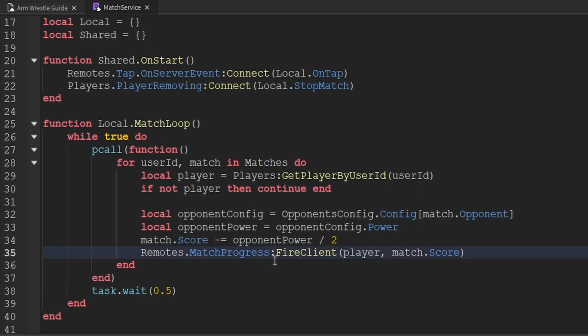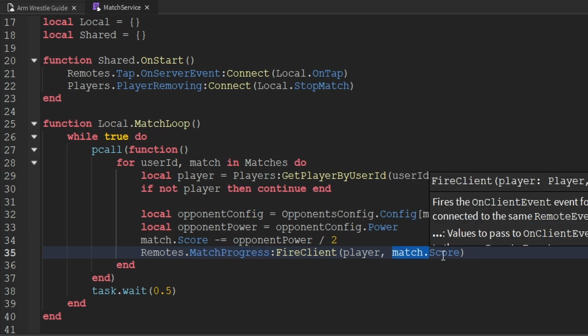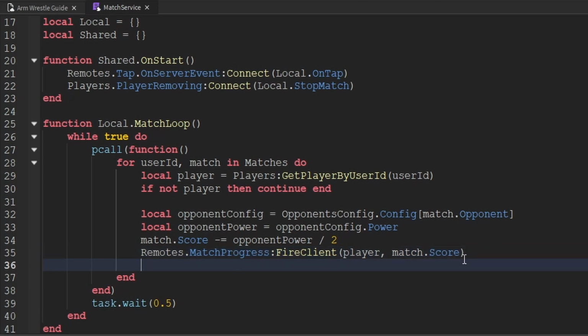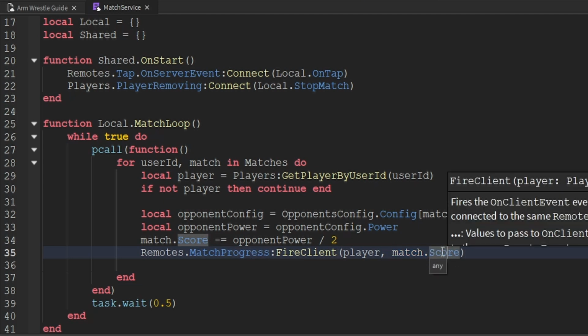Now, if you're like me, you might be thinking, oh, why are you firing off this remote event? Why are you communicating them the match score? Like, couldn't we just calculate this stuff on the client? And yes, we could calculate it on the client. You totally can do that. But I also like to have these remote events which fire off and really kind of communicate the official information from the server to the client to make sure that the client actually knows 100,000% that this is what the